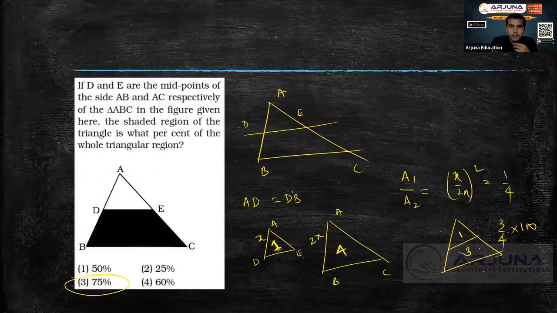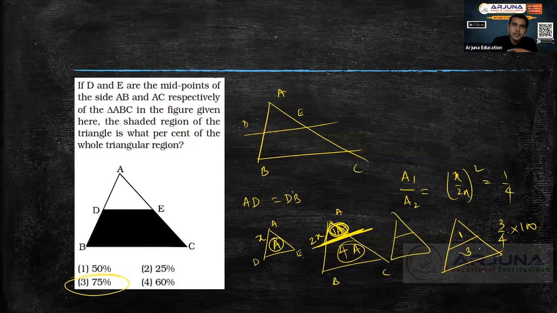See, Dhruva, what we have done is, suppose this area is A. This area becomes 4 times A, right? Because the ratio is 1:4. So if this is A, this will become 4A. That means this triangle is here only, now. This is 1A, and if I subtract it from the total triangle area of 4A, this becomes 3A. This is A, this is 3A. Therefore, it is 1:3.